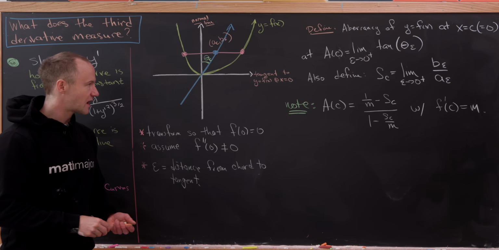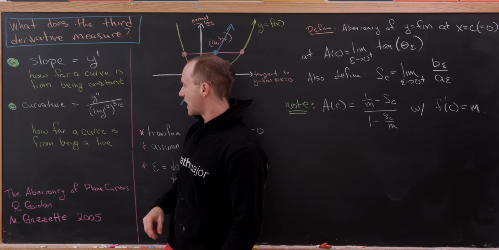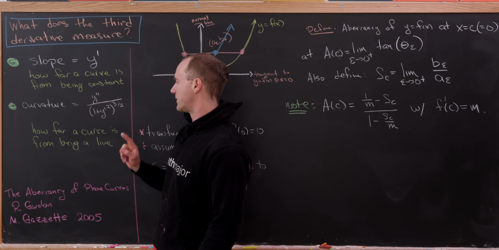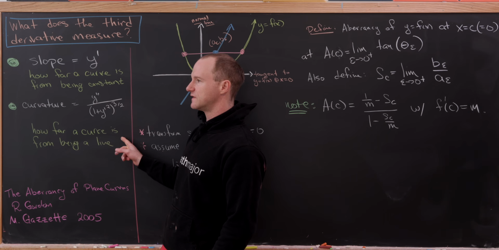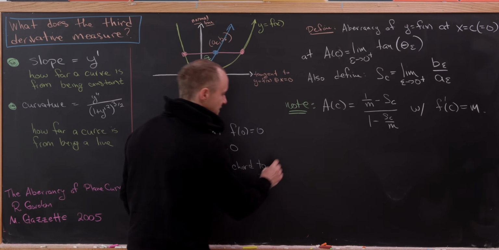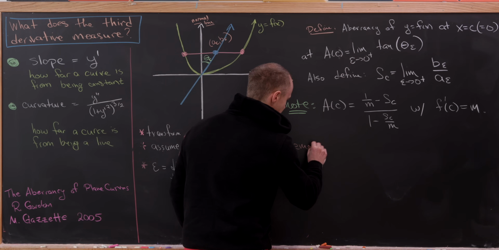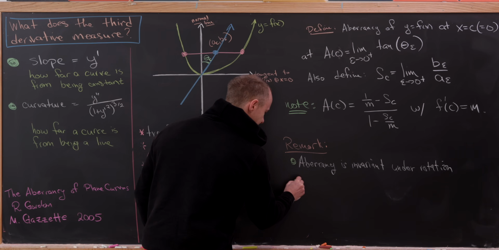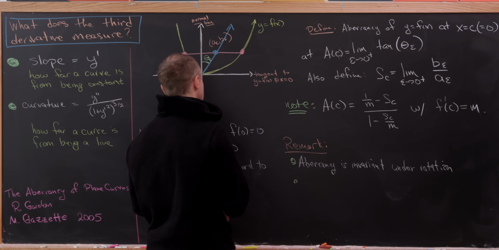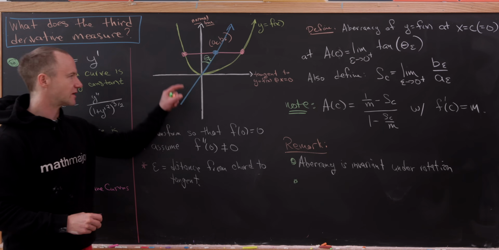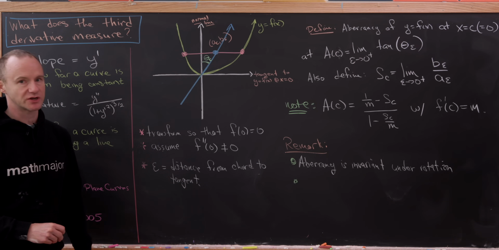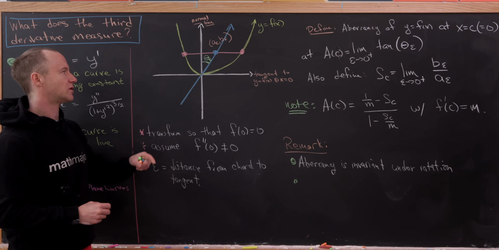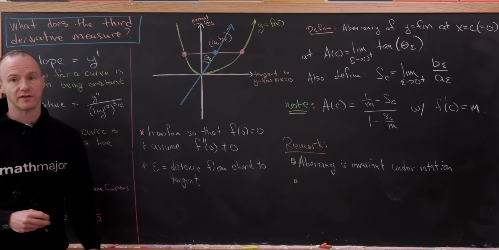And now I'm going to make a couple of observations which will allow us to maybe not fill in this object over here for aberrancy, but will allow us to fill in this like little remark here. So let's maybe see the following two facts. And the first is that the aberrancy is invariant under rotation. Well, I think that's pretty clear because if you rotated this whole situation, in particular, you rotate the curve, then you're going to rotate the tangent, you're going to rotate the normal, and you're going to necessarily rotate the blue